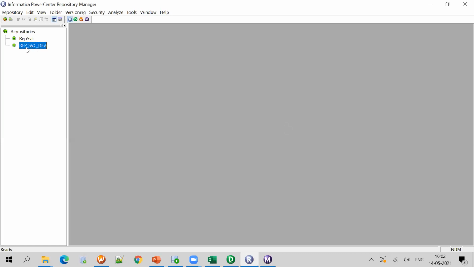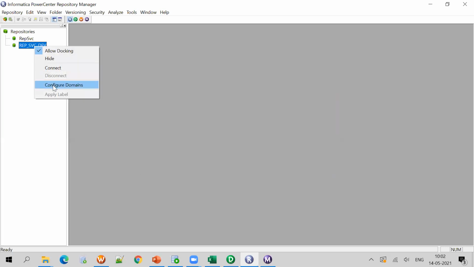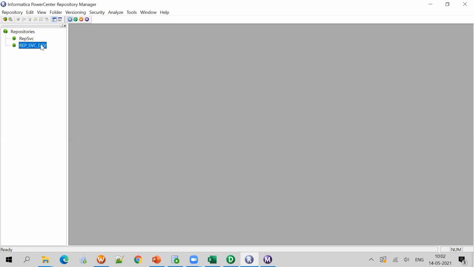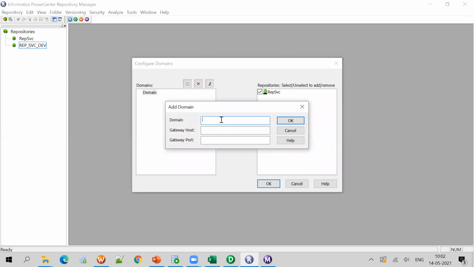So now a repository is created. When you connect it, it asks for password, security domain, and domain. I already created the domain. If you click on configure domains, you can see a domain already created, and this repository, REP underscore SVC, is in this domain. When configuring the domain, it will ask for the domain, gateway host, and gateway port.